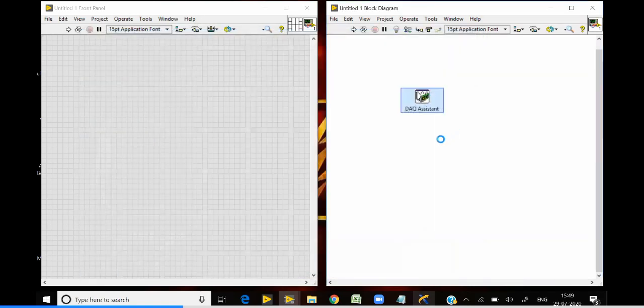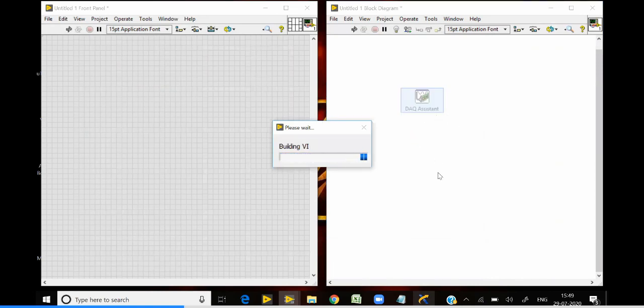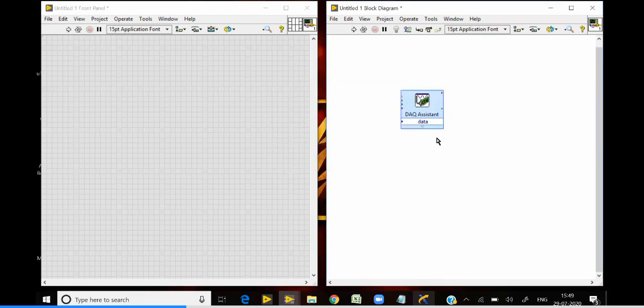Now you can see that for acquiring, the data is on the right side, since we are going to display the data. But generating means from LabVIEW we are going to give the data.